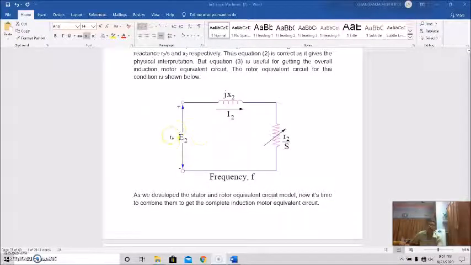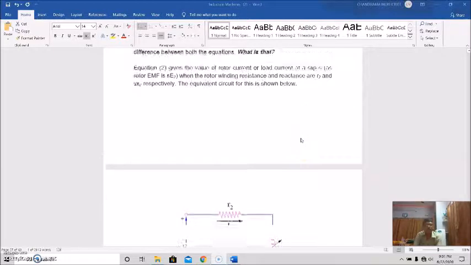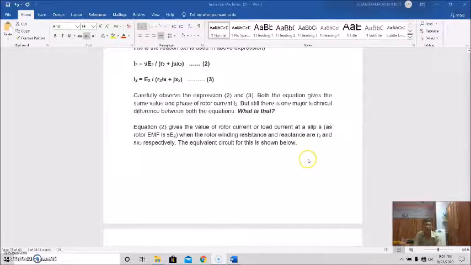So this is the induced EMF at standstill condition. This is the reactance, and this is your, say, rotor resistance. So this is all about standstill supply frequency conditions. I think this two circuit model is now clear to all of you. And next what we will do,